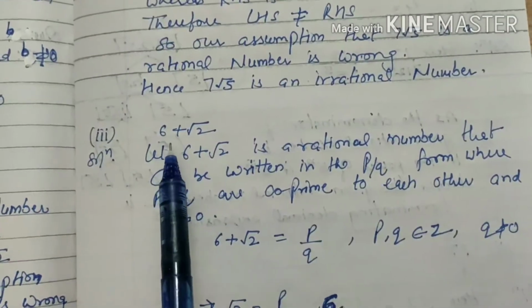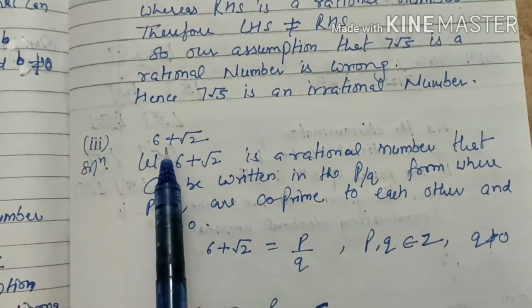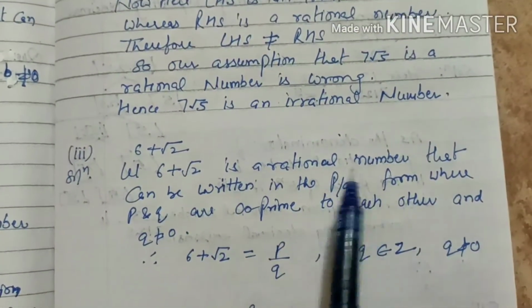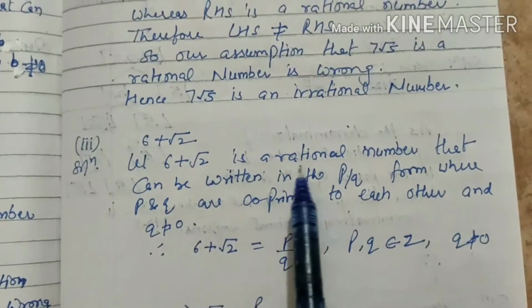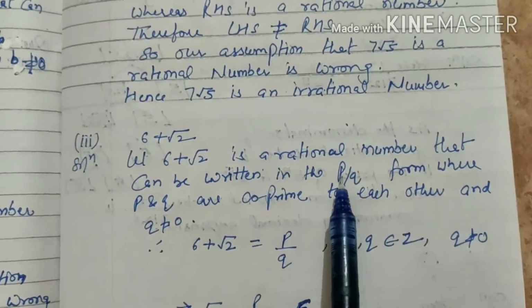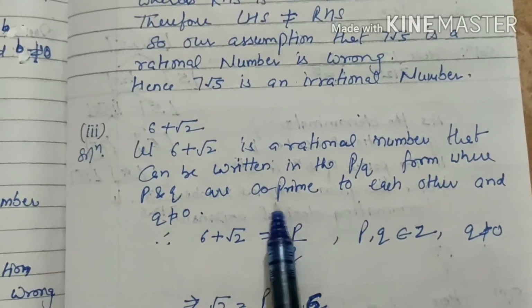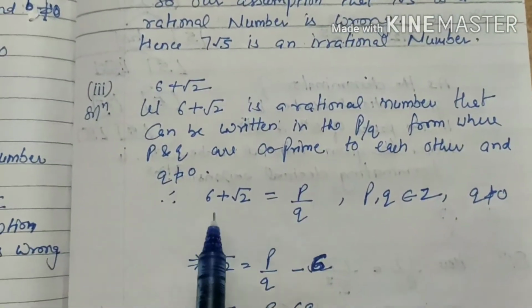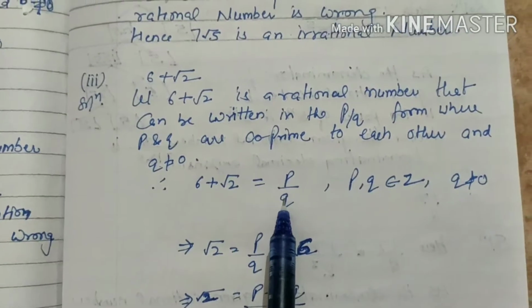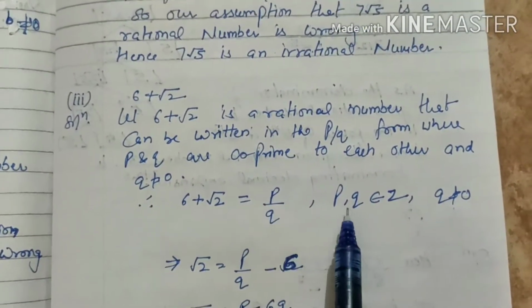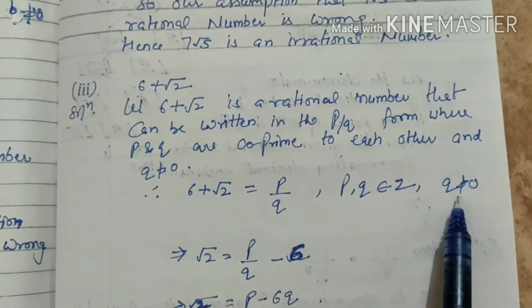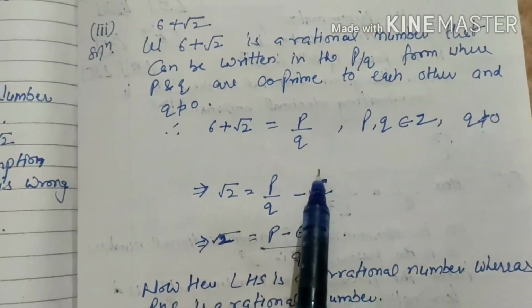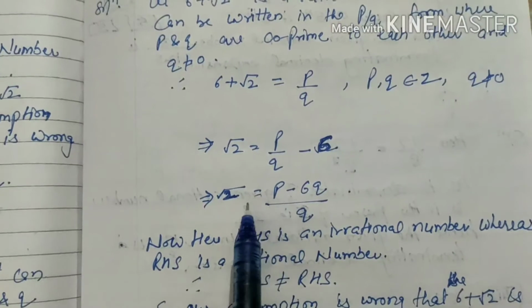And the last part of this exercise is 6 plus root 2. Let us assume that 6 plus root 2 is a rational number that can be written in the p by q form, where p and q are co-prime to each other and q is not equal to 0. So here 6 plus root 2 equals p by q. P and q are co-prime to each other, p and q belong to integers and q is not equal to 0. So root 2 will be p by q minus 6, and after solving